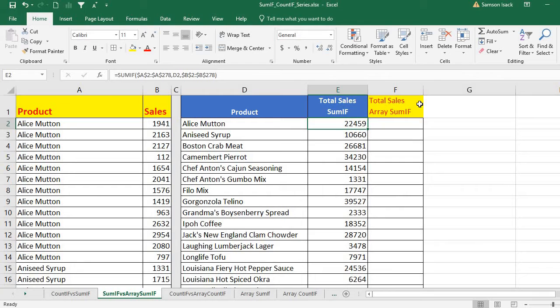Okay, what is array SumIF function? That means when I am using a SumIF function as an array, how can I arrive at the same result? Now I will show you how to use it. Before that, for a single SumIF function, the result is going to be in a single cell. But in an array SumIF function, you are going to get an array of outputs. For an array of outputs, you need to select the output cells,